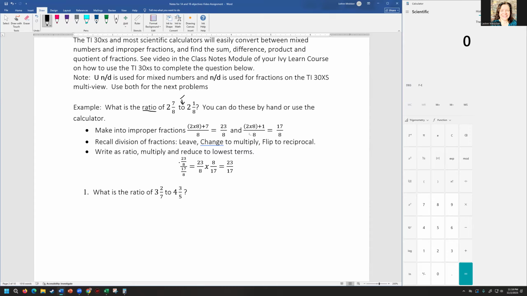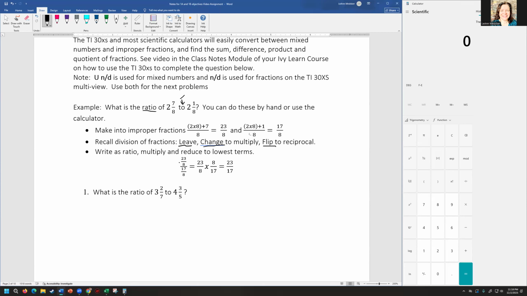Remember, when we work with fractions and we're writing a ratio, it really is like dividing, because you're making it into a fraction. We don't really divide with fractions per se. We change it to multiplying by the reciprocal. So we're going to do this little rule called leave, change, flip. Okay. So we write our first fraction on top, 23 over 8, over, that's our fraction bar for the dividing,